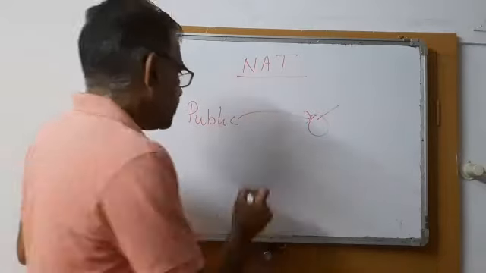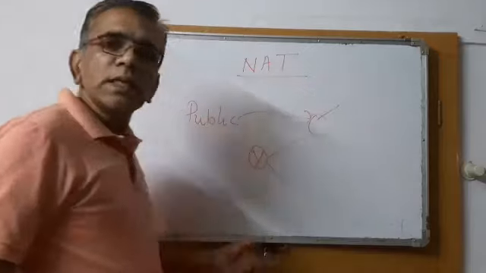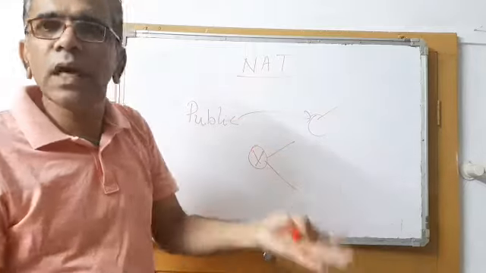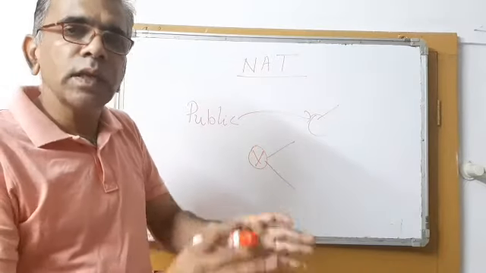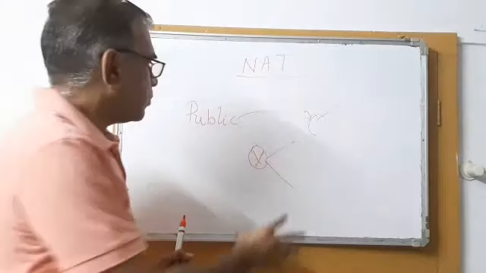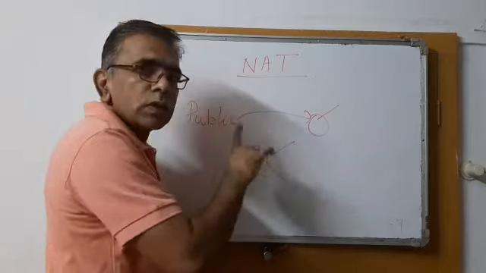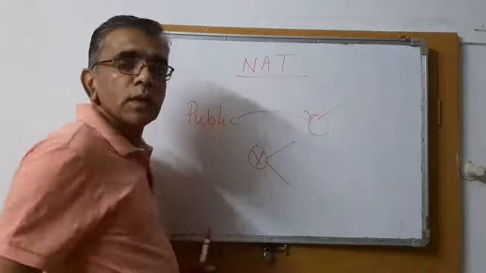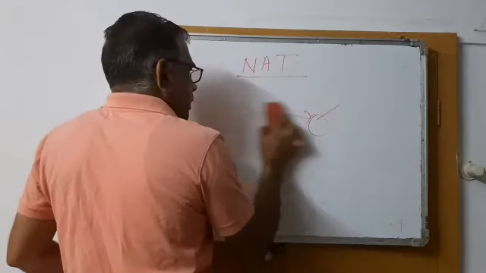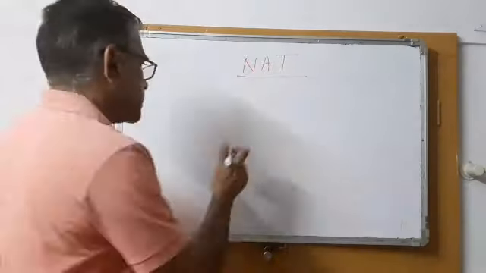Say for example, whatever private IP addresses KLE college has, the same set of private IP addresses are allowed to be used by GIT because they are private. As I said, they will not be used in the public domain to identify the machines. But public IP addresses are unique because they are used to identify specific machines. So NAT uses this idea of private IP addresses and public IP addresses.